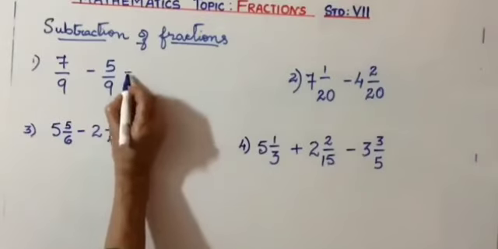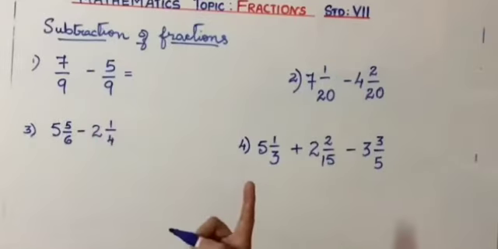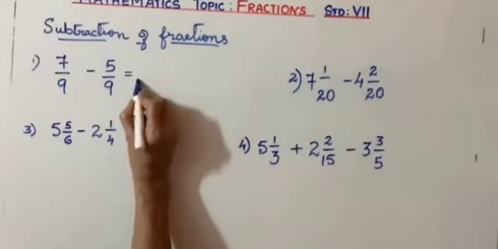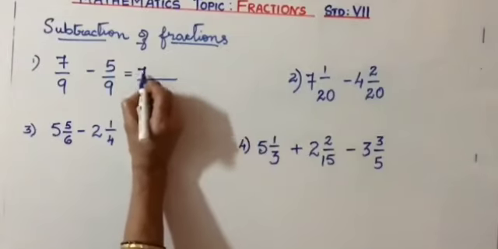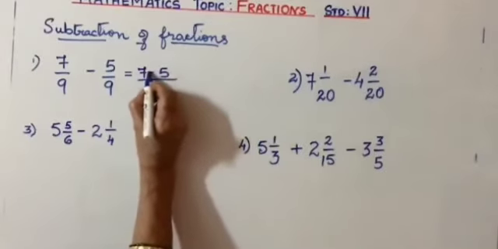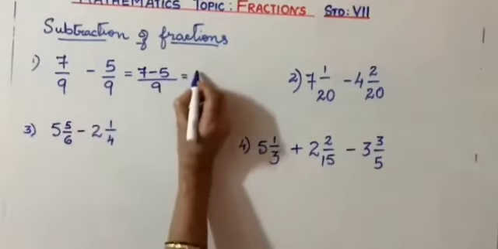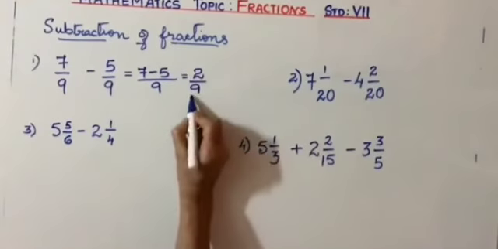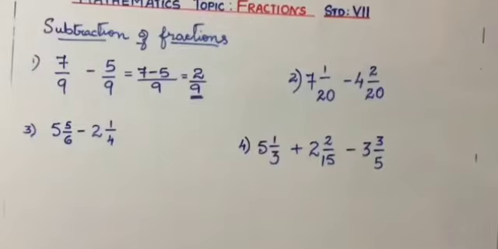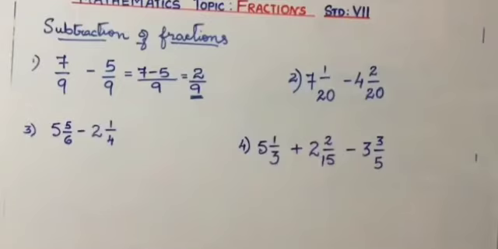So, like I said, the steps are same as addition. Only thing is you will be subtracting. Okay. So 9 is the common denominator. Numerators are 7 and 5. So 7 minus 5 divided by the common denominator, that is 9. So you have 2 by 9 as the answer. Since the answer is proper and also you cannot simplify, this itself is your final answer. Okay. Now look into the next one.